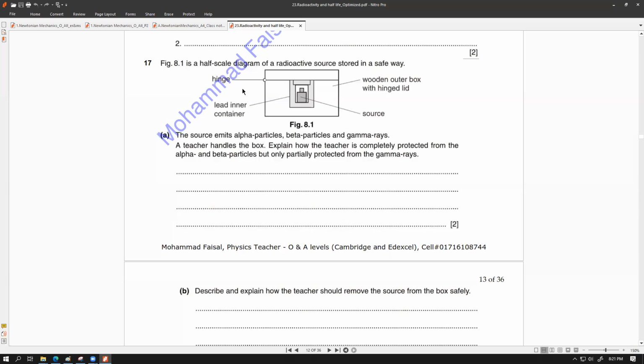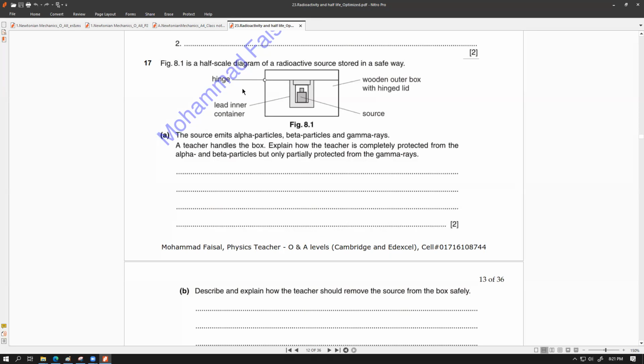Sir, what is the hinge made up of? It could be made up of anything, plastic, wood, metal. Oh, I mean, sir, this white part, sir, this is also, the entire thing is wood. The entire thing is lead. No, no, that's not what I'm talking about, sir. I mean, sir, this part. এই part, এটা কি wood? Yes, as per the question, yes. Okay, sir. Okay, okay. Sir, 17 এর answer বলি।